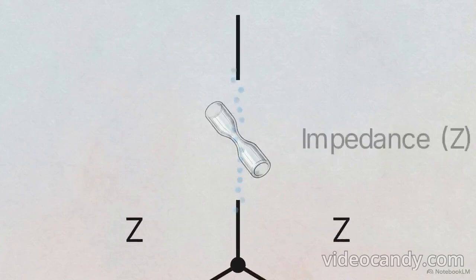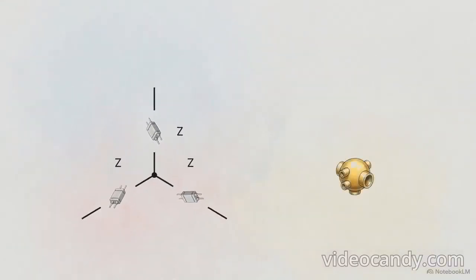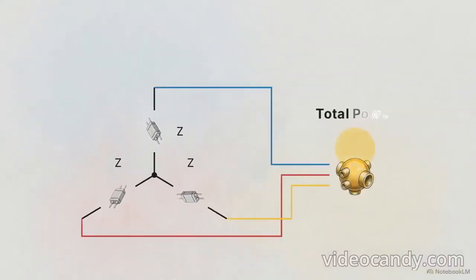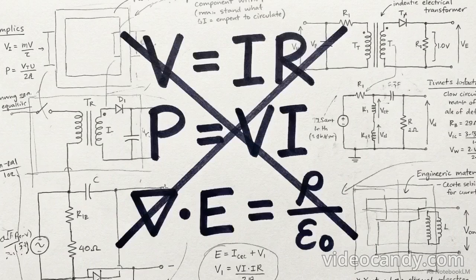This simplified circuit schematic shows a balanced load. A balanced load dictates that the impedance connected across all 3 of these phases must be absolutely identical. Impedance is the total measure of opposition that a circuit presents to an alternating current. When the supply and the load match perfectly, the total power consumed by the system can be calculated using a single master equation. Total power equals the square root of 3, multiplied by the line voltage, the line current, and